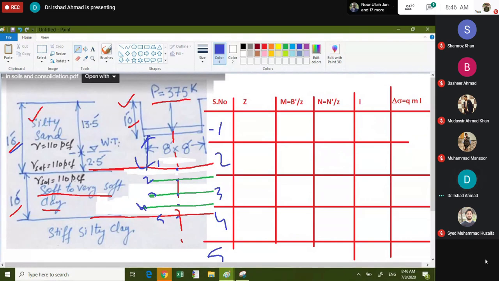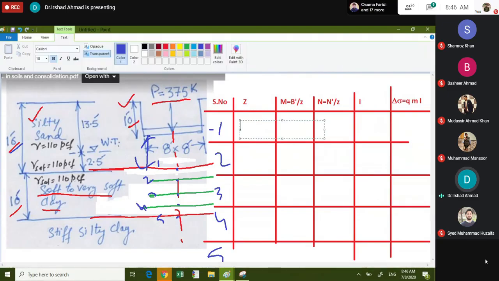Depths were 6 feet, right? 8.5 feet, 11 feet, here 13.5 feet, right? And at the end you had